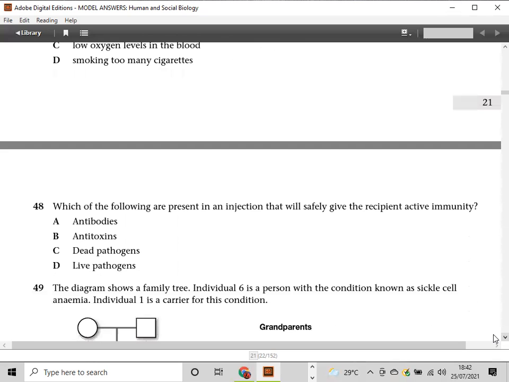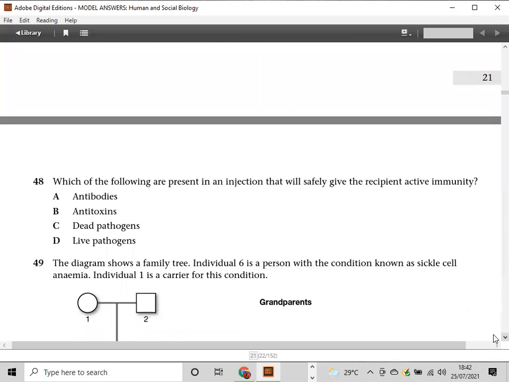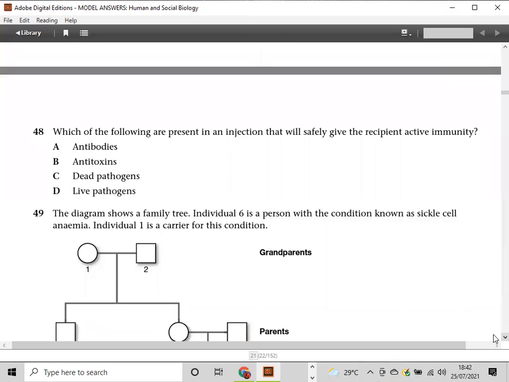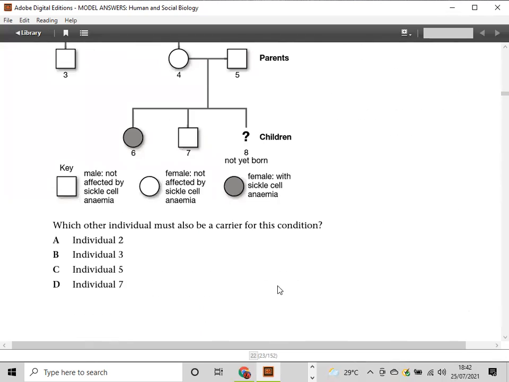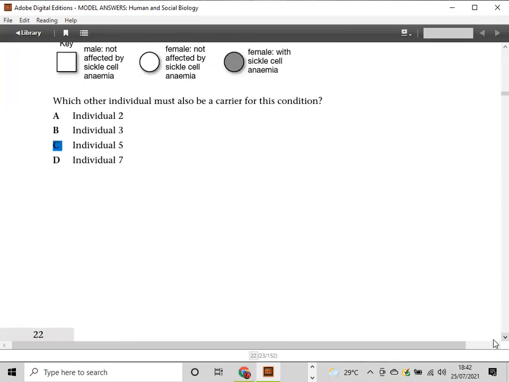So 48, which of the following are representing injection that safely gives the recipient active antibodies? So 48 is C, and that's dead pathogens. 49 is C, individual 5. Remember, as soon as I call out the number,